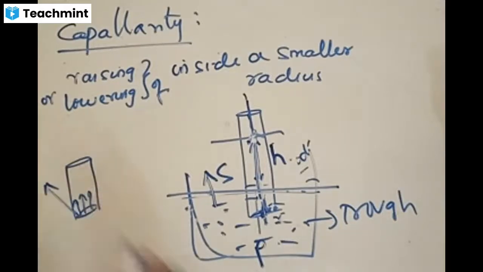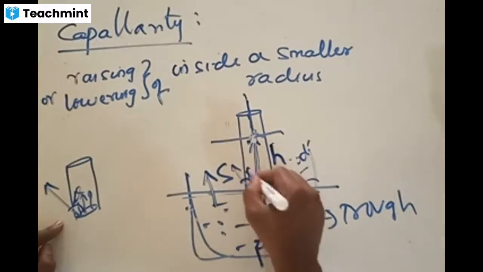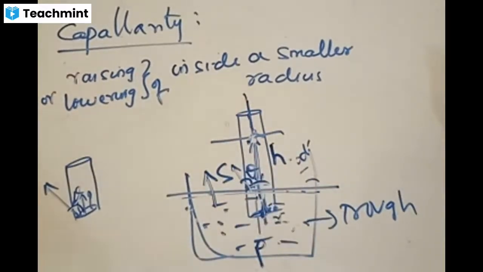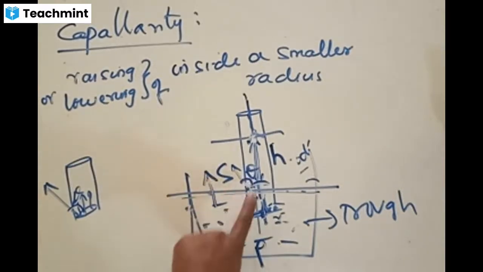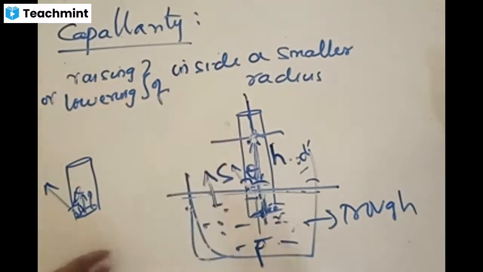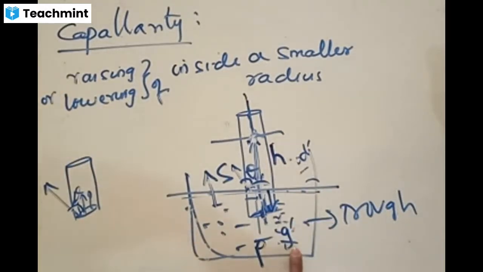This is the region where we get the solid-liquid interface. The liquid is interacting with the solid glass. Inside that, you are going to get some angle of contact. The liquid will have density and surface tension, and an angle of contact with the capillary tube, and some part of the liquid is also acting downwards because of acceleration due to gravity. g is also very much present.